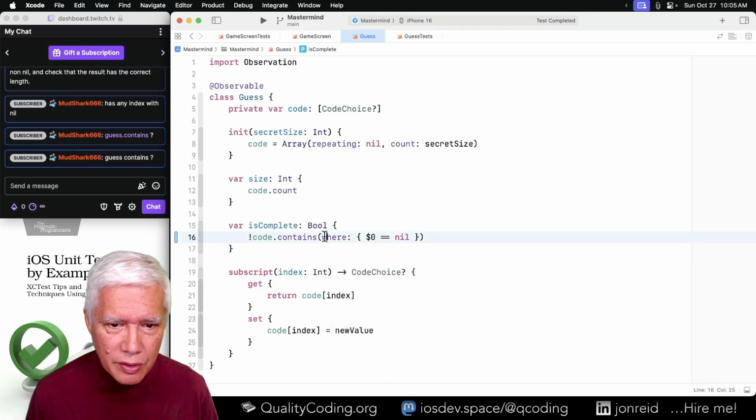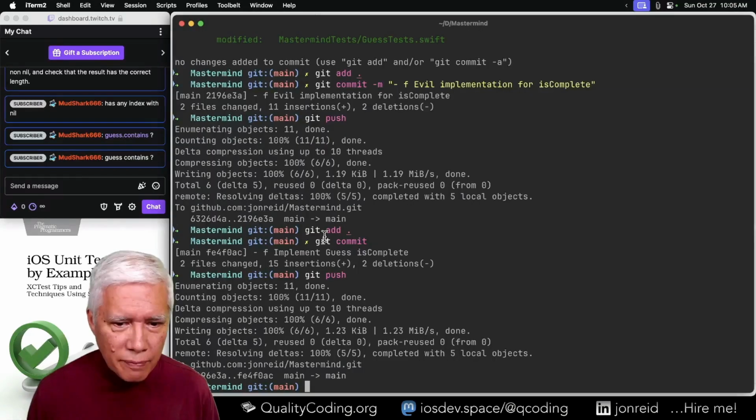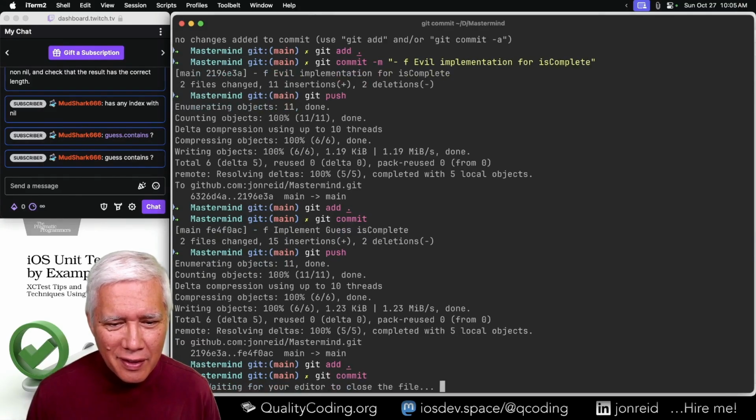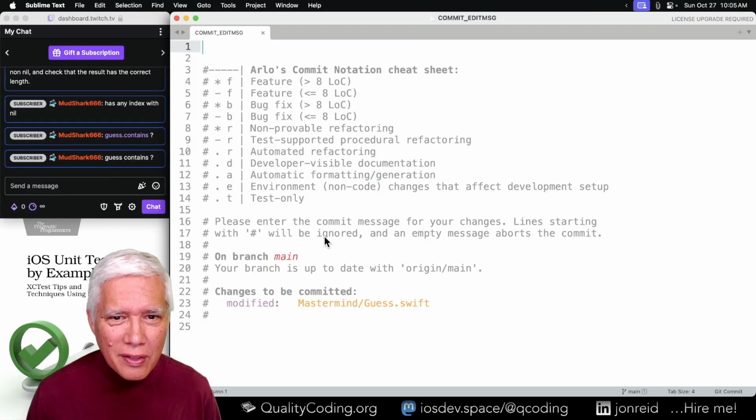Can I change this to a trailing? Actually, it's green. If it's green, and this is a test-supported procedural refactoring, so simplify is complete.